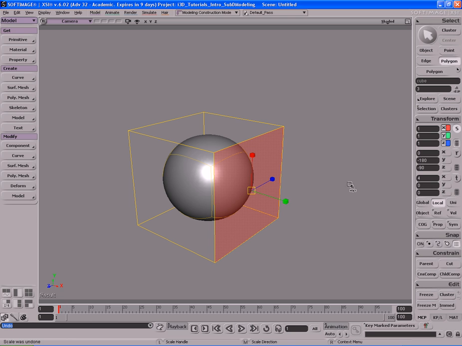Let me show you something else here. If we hit V on, if we go ahead,